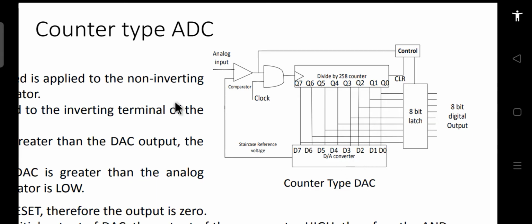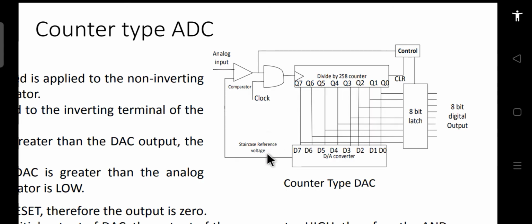As I have already told you, whenever you make an ADC, it will always require a D to A converter, a digital to analog converter. And there is a control circuit which controls these circuits depending upon the input here. This control circuit is controlled by the output of the comparator, whereas it controls or resets this counter as well as this latch. This is the circuit, and the output of the D to A converter gets fed back to the comparator. So let's see how it works.